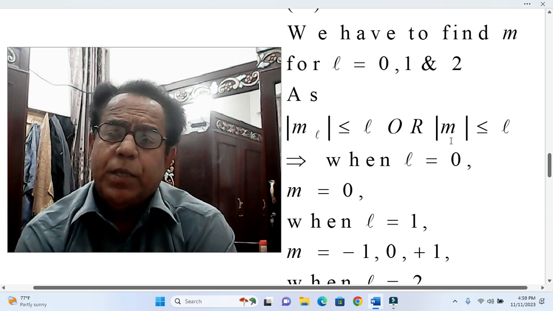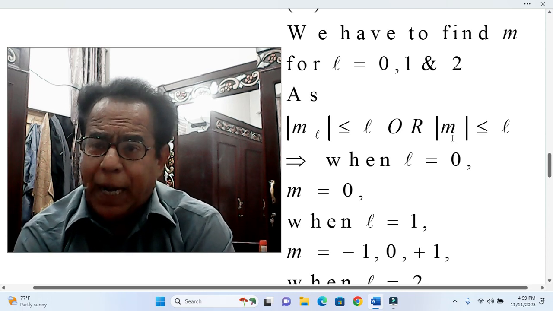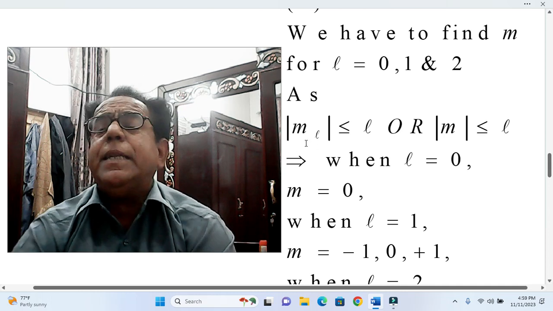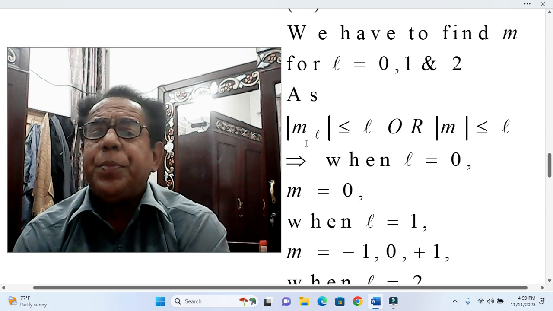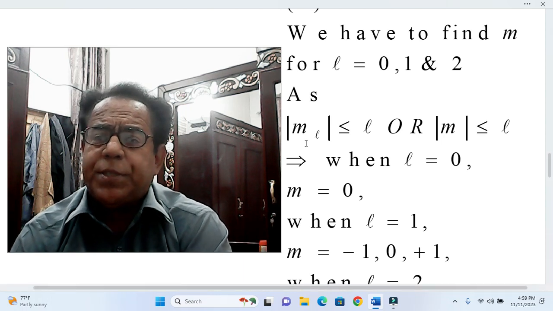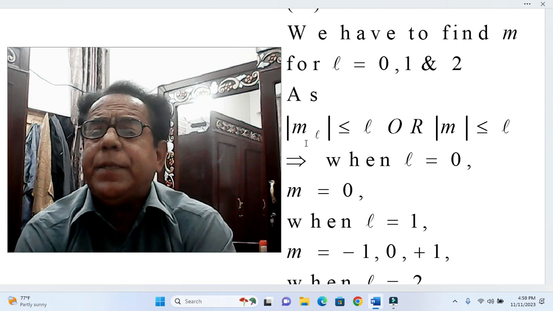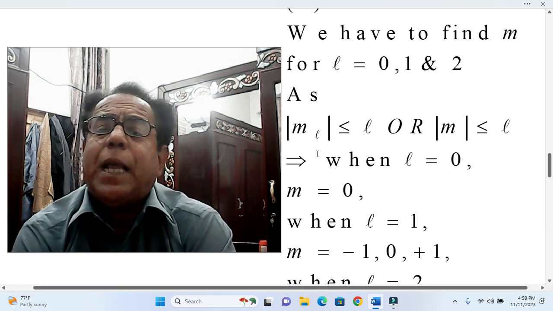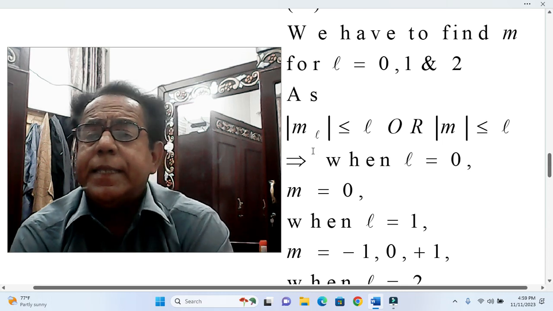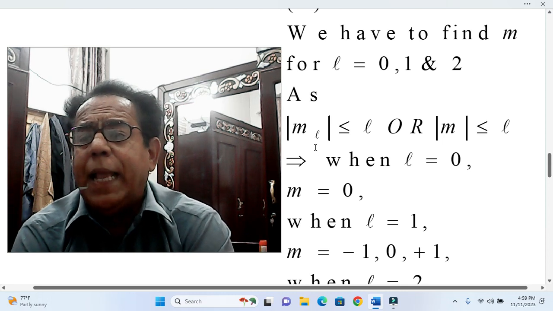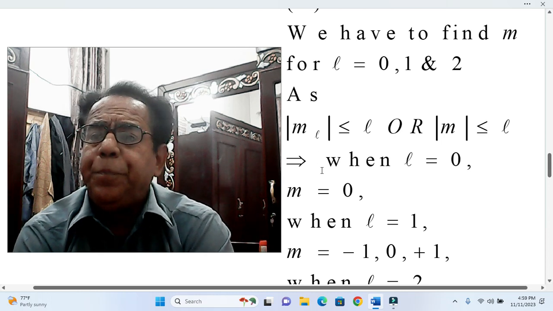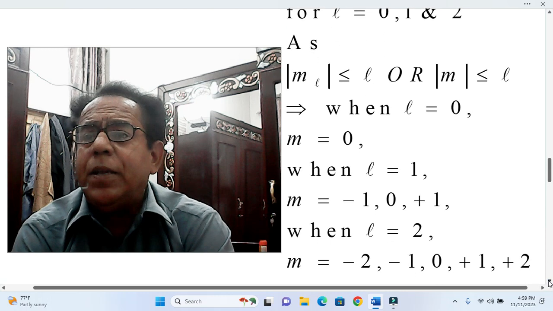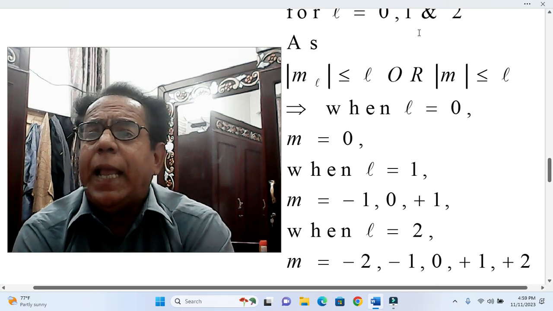So it is either simply m, or sometimes small l written as a subscript of m, there is no distinction. It is just a matter of discretion of the author. Sometimes authors denote it by simply m, and sometimes by small m with small l as a subscript. Now this implies that when there are three values of L,